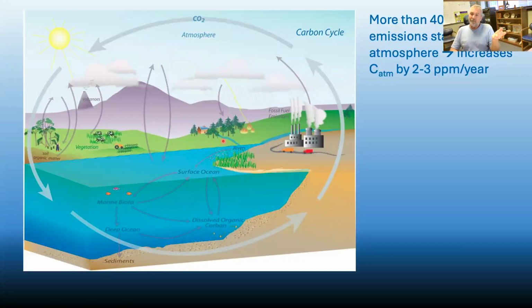Okay, so the reason this is important is because, as we saw before, these waste products, right, these greenhouse gases, when they get up into the atmosphere, a large proportion of it, about 40%, stays in the atmosphere, okay, and continues to increase the amount of carbon in the atmosphere to the point where it can be really hazardous. So if you go back to that graphic, one of the first ones I showed you, I had a line on it where I had temperature and carbon dioxide compared. There's a line up there that said 418. That is about where we are currently, right? So that's the amount of carbon in the atmosphere currently.